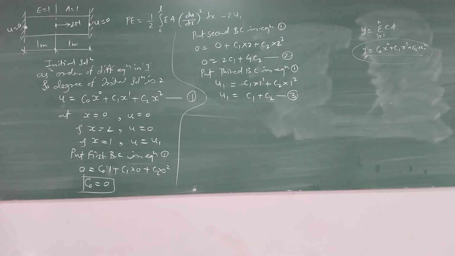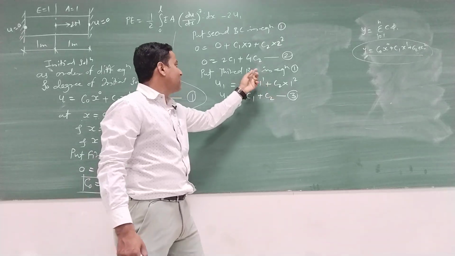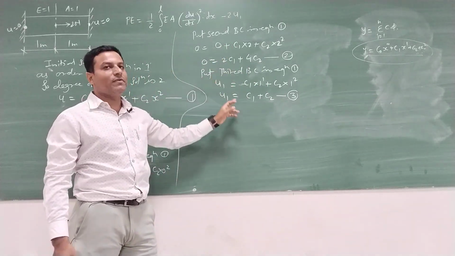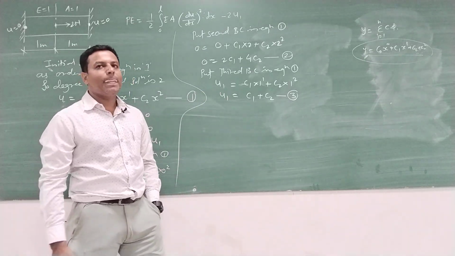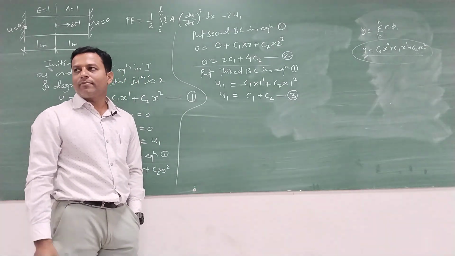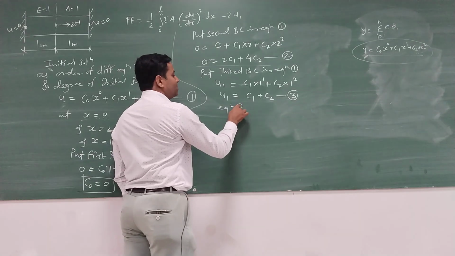Okay, so here we have equation 2, here we have equation 3, equations in terms of C1 and C2. So we are going to solve these two equations. Before solving, we'll simplify this term. So we'll simplify this equation 2. So from equation 2, just see,